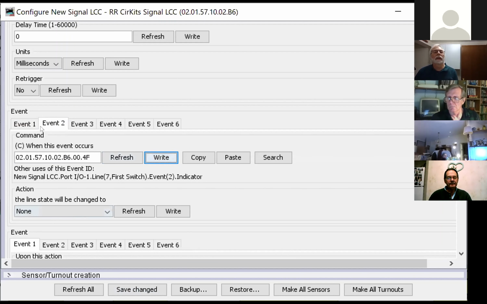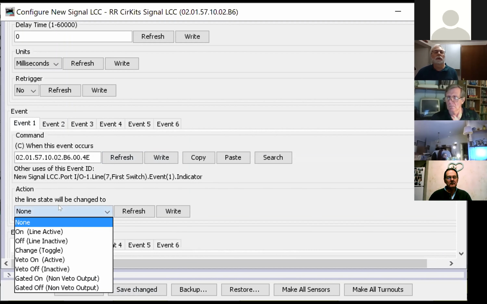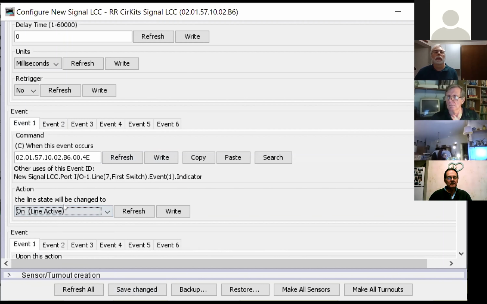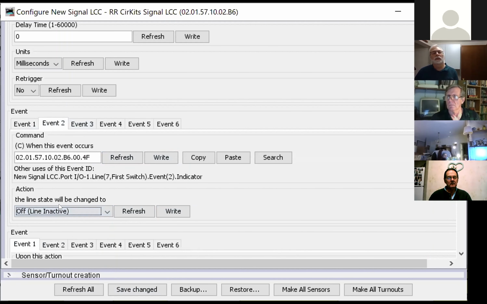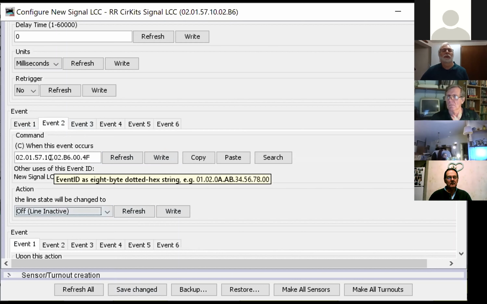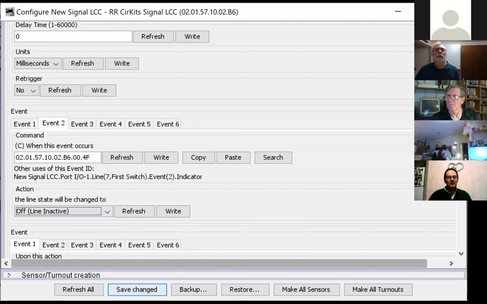Then you have to say what action you want to do. So when I get that little 4E, what do you want to do with it? I want to turn it on. Write that. And when I get the little 4F, I want to turn it off. And you get your choice of all manner of things you can do with this, but just on off will do. Now I'm just going to write everything. And now, with any kind of luck,